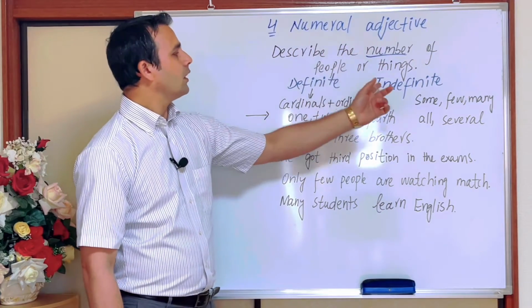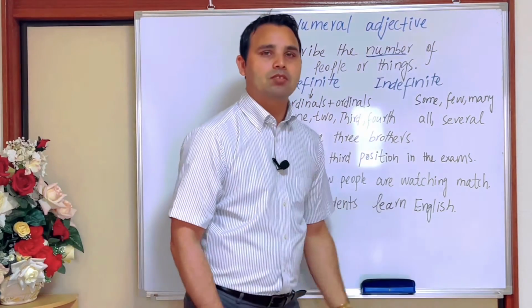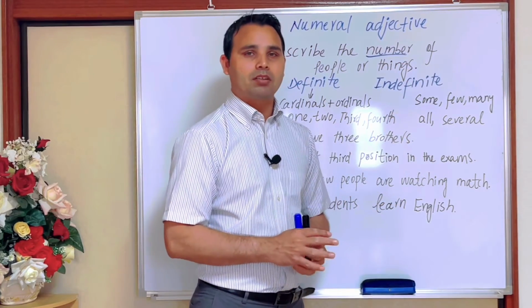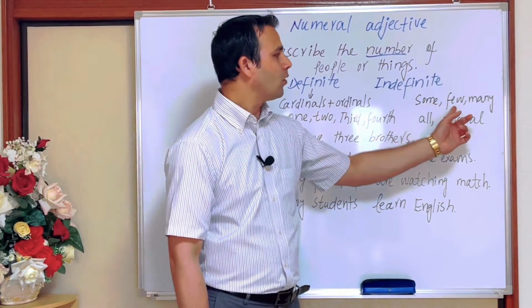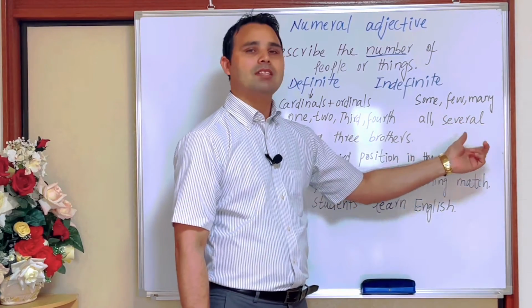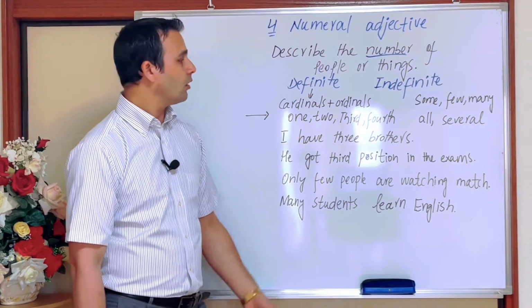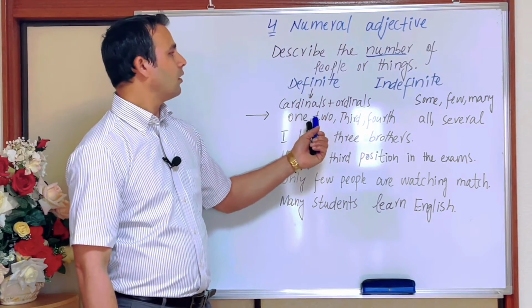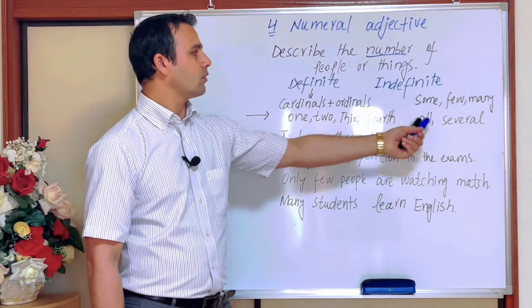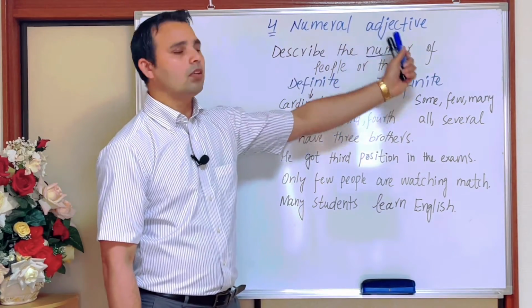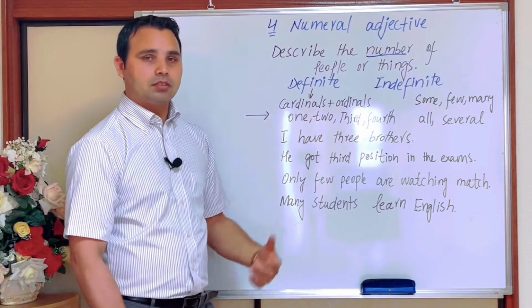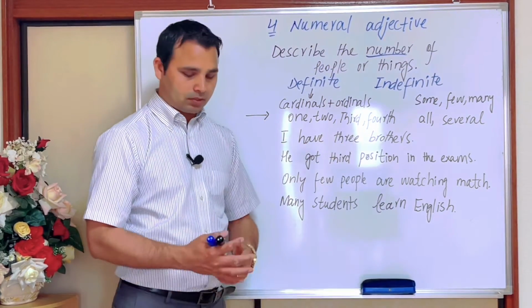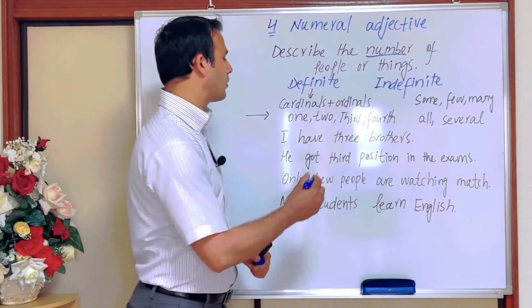And there are some indefinite numeral adjectives where you don't know the exact number of people or things. For example, some, few, many, all, several. So these are the examples of definite numeral adjectives, and here indefinite numeral adjectives. So let's see the sentences. The first sentence, I have 3 brothers. So here the example is